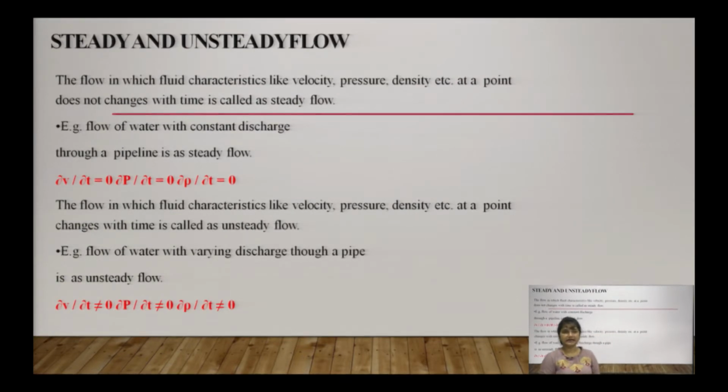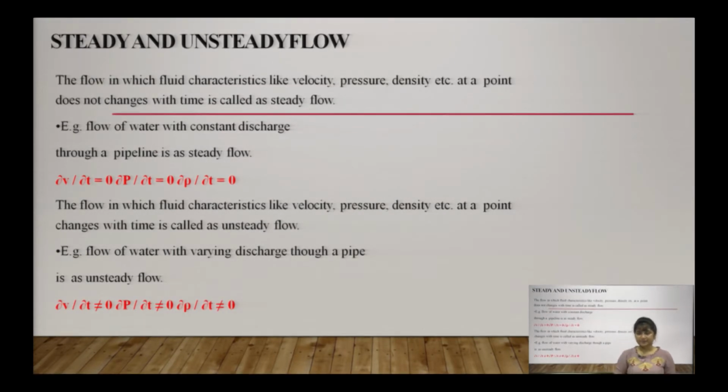Coming to steady and unsteady type of flow. Steady is defined when the fluid parameters like velocity, acceleration, pressure or density all remain constant with respect to time, then that particular flow is known as steady flow. Like flow in a pipe with a constant discharge can be termed as steady flow, while the vice versa of the same is termed as non-steady flow.